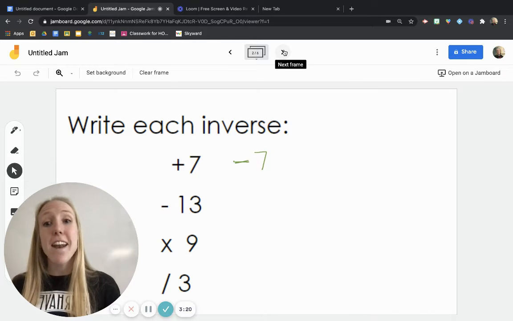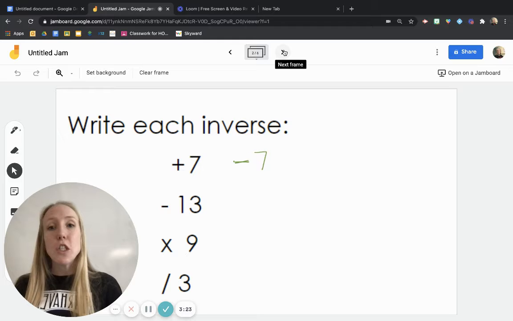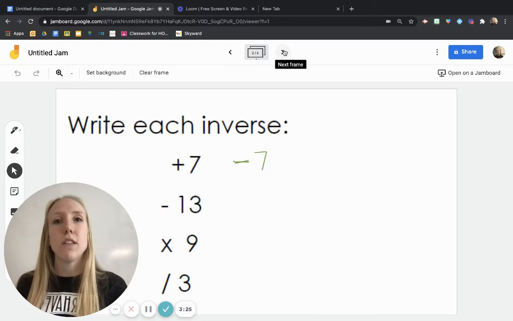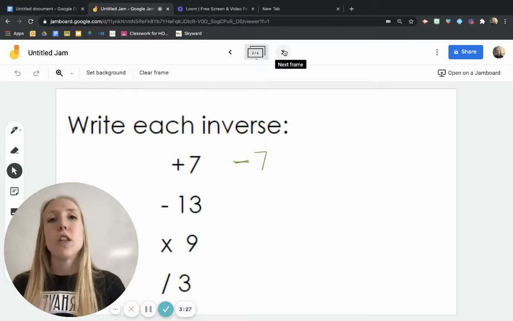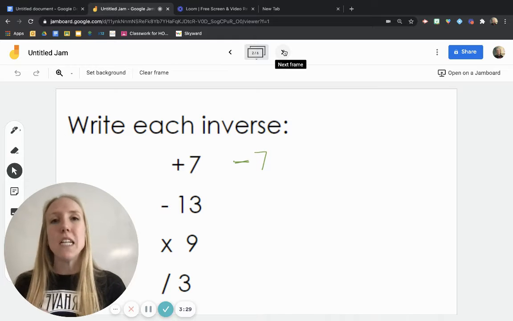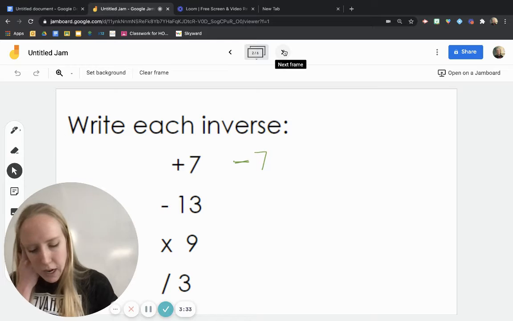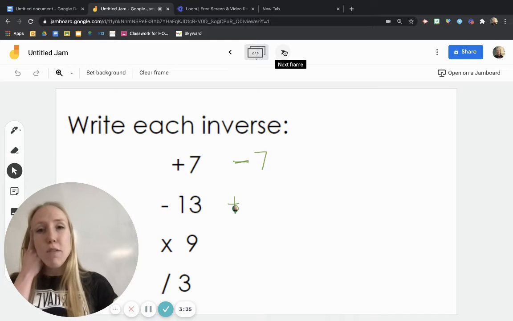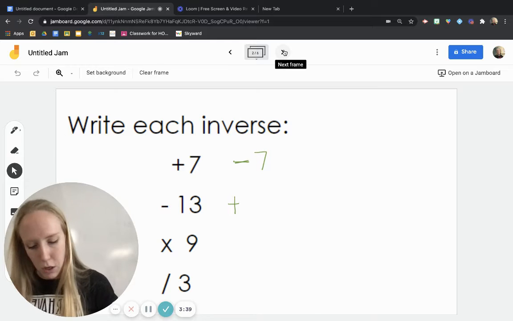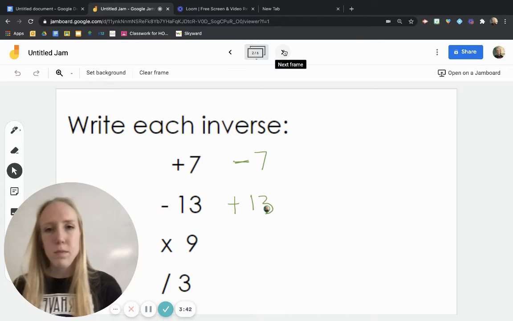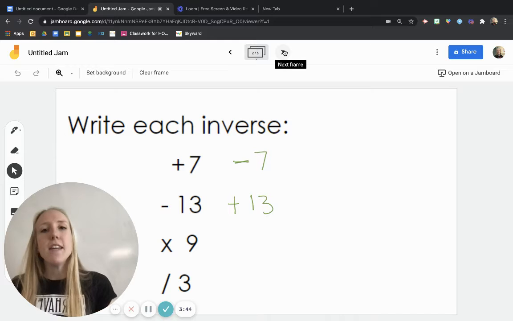All right. And then the next one, minus 13. I want the inverse of that. So what is the inverse or the opposite of minus 13? What's the opposite of subtract? The opposite of subtract is add. So the inverse of minus 13 must be plus 13. All right, the next one,